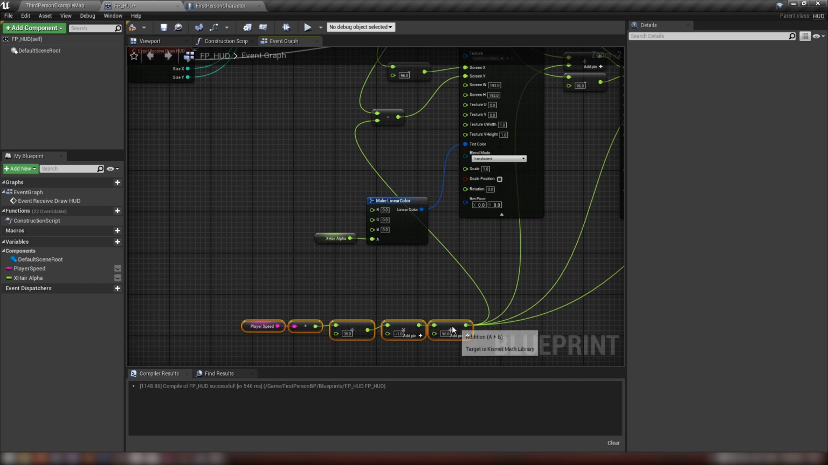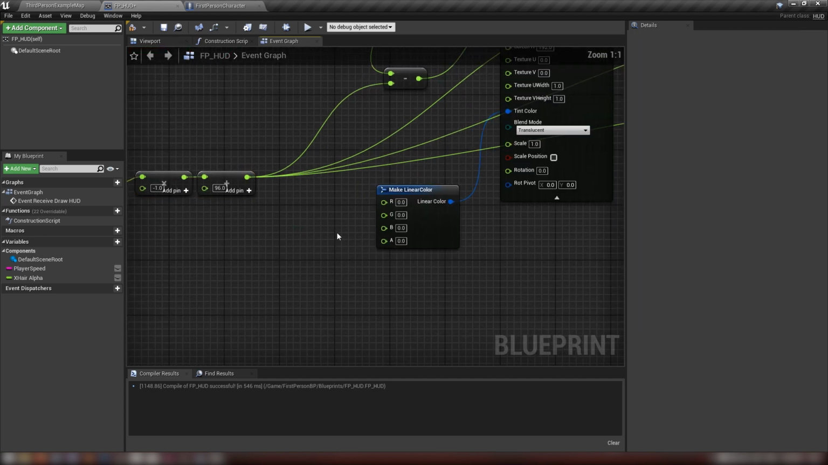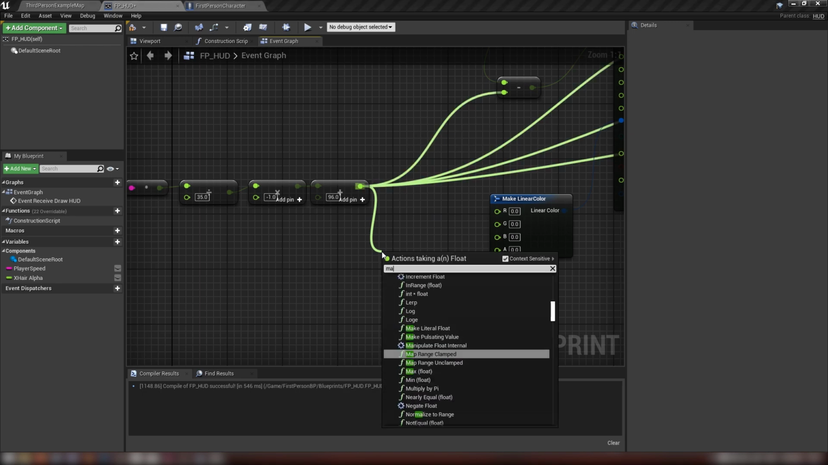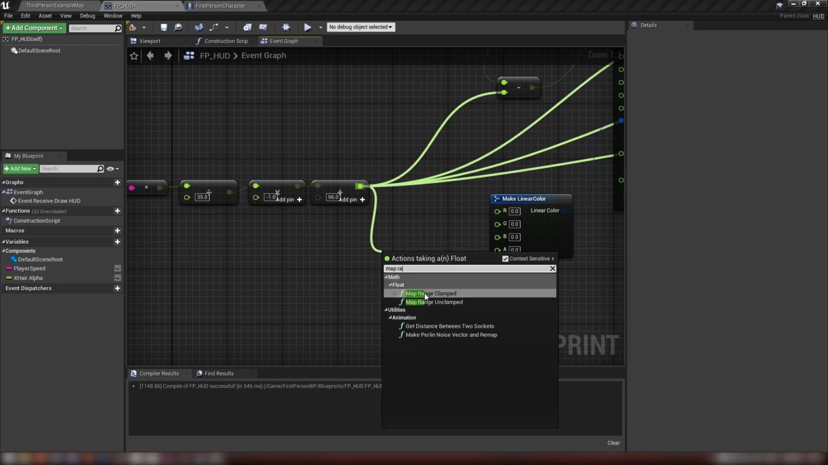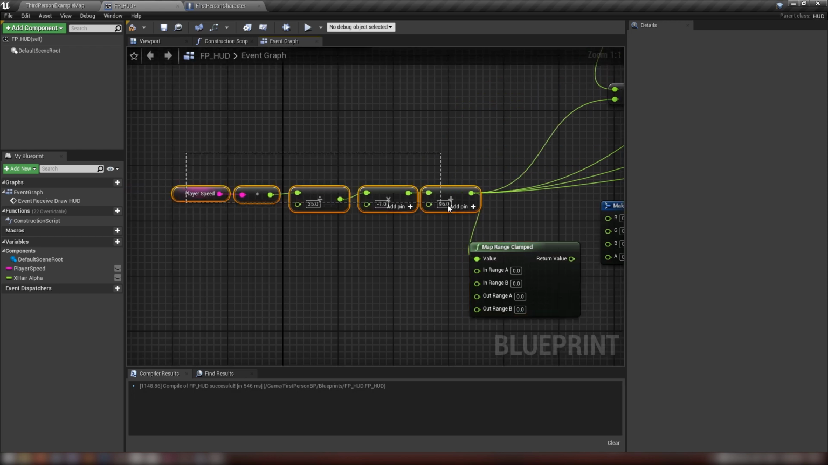So let's, for one last thing, we can do a little bit of swag here. We can get a little bit of swag by having the crosshair fade out when the player is moving furthest. In other words, when it's at its most expanded. So we can delete this crosshair alpha variable there. We can come out of our little calculation here. Let's find ourselves a map range clamped. And this map range clamped is going to take whatever result we get from our player speed, which would be